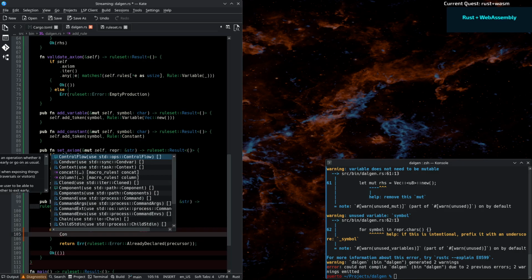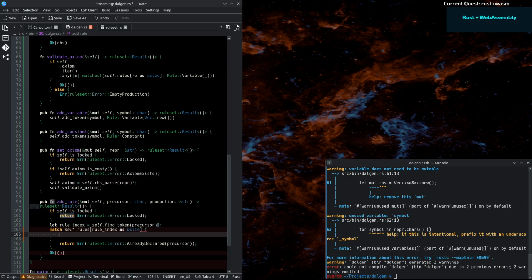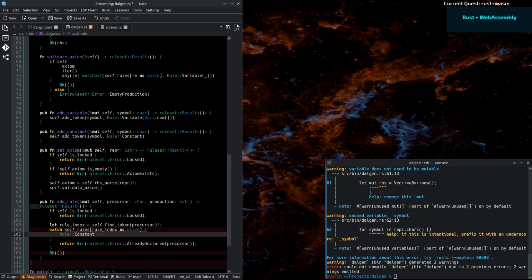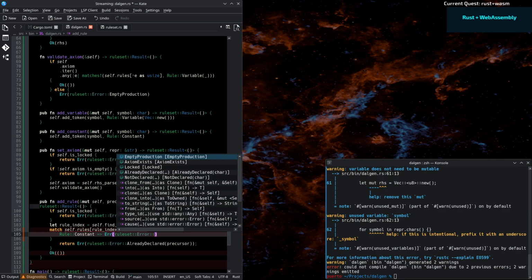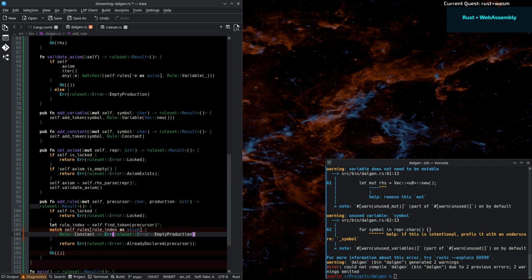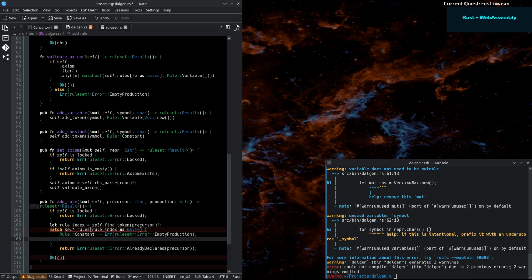If it's a constant, then that's directly an error. We cannot use a constant for a rule, because that would provide an empty production. And for a rule that is a variable,